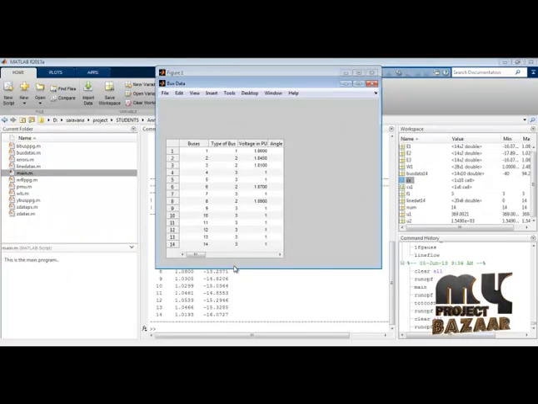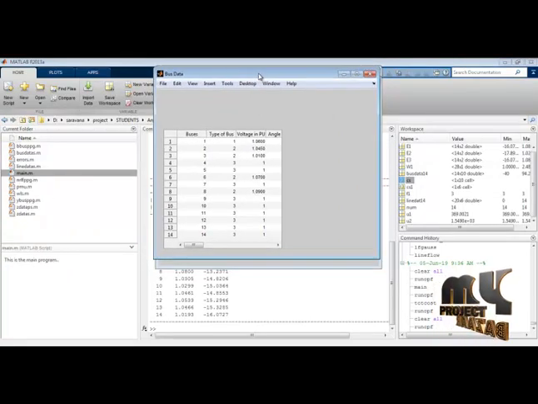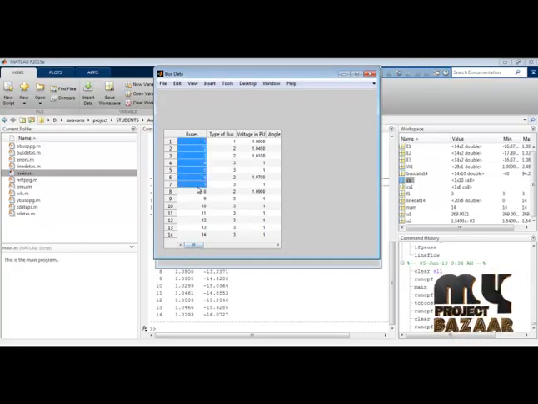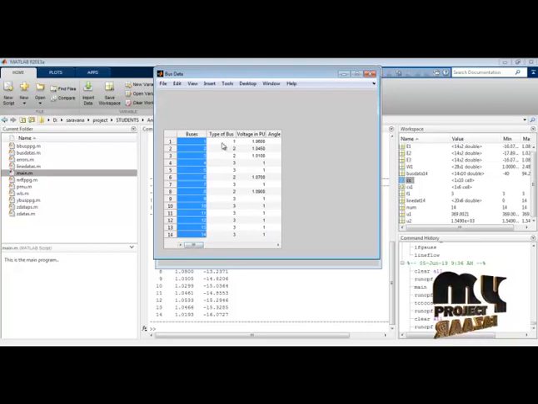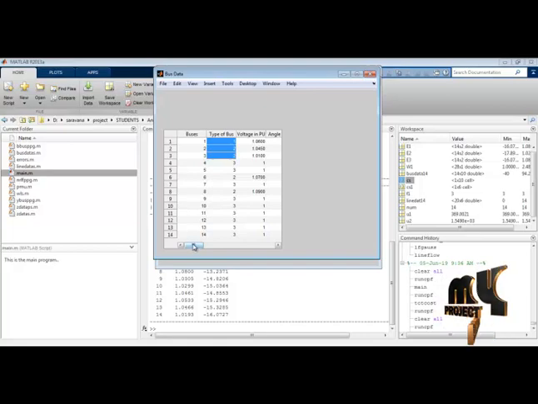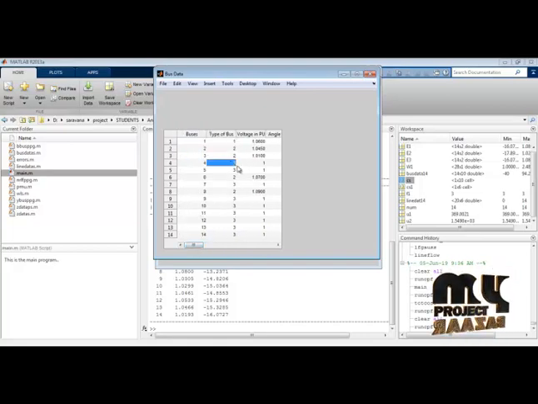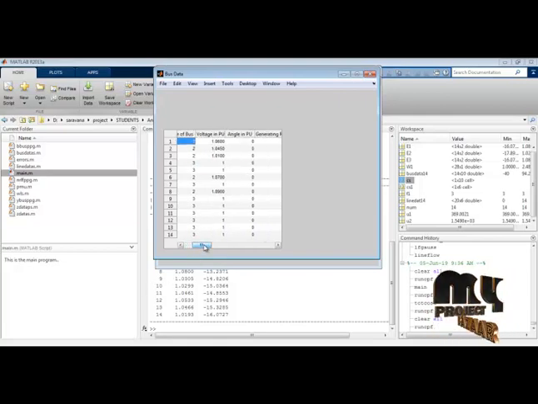This is executing my file for bus data. We are using the 14 bus system data, so we can import that for each bus. We can use bus type with PV bus, PQ bus, or slack bus. Type 3 is PQ bus, type 2 is PV bus, and type 1 is slack bus. So we can use these different entries for the system, with voltage in per unit and angle in